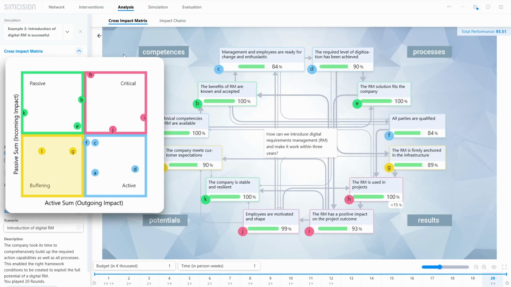Buffering elements hardly influence other elements and are not easily influenced by other elements either. The values of these elements will stay rather stable. Active elements are not easily influenced themselves, but any change in those will have a larger impact on the state of a model. These are levers to concentrate on if you want to influence the state of a model as